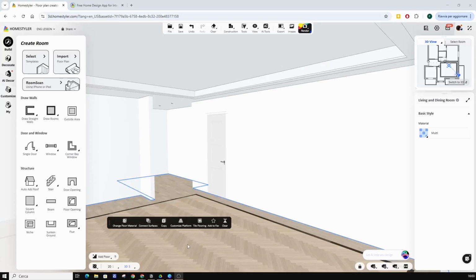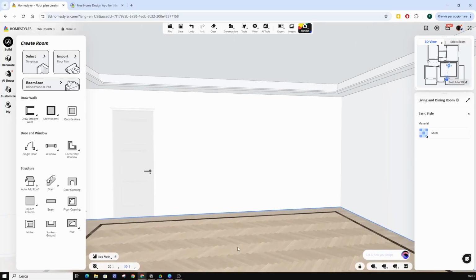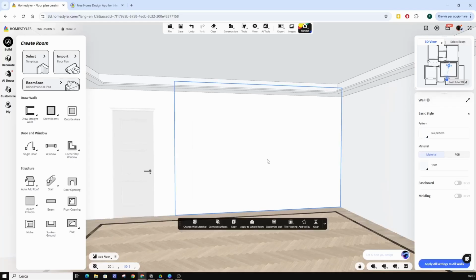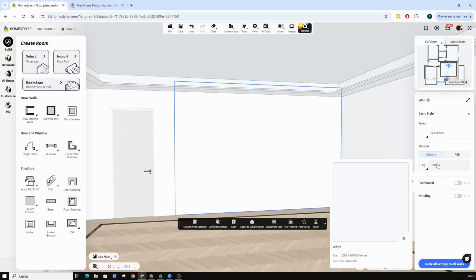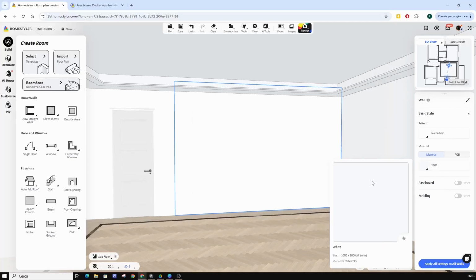Now let's see how to customize the walls, still in 3D. We select a wall. On the right, we have these options: pattern, material, baseboard, and molding. Let's try the material option.